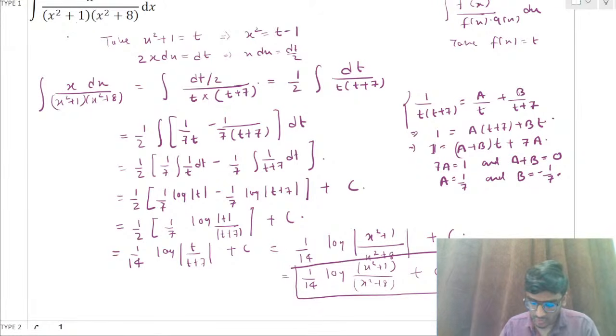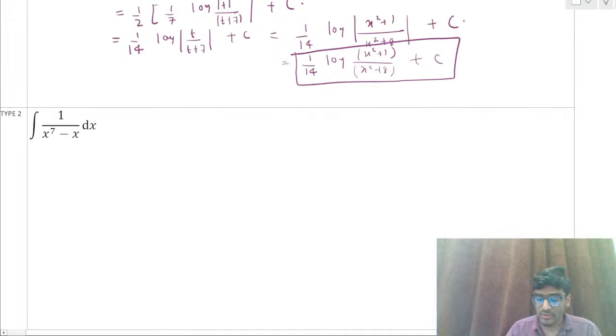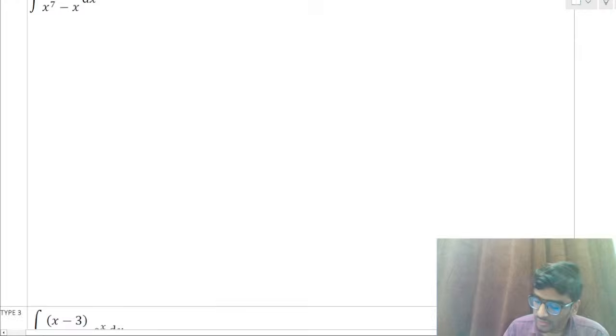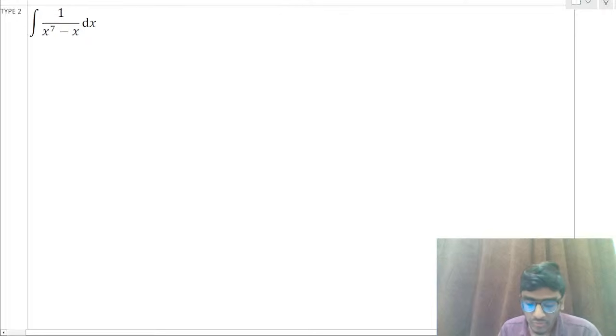Okay. So, what is the second type of question? Look here, this second type, or we can say second question: the integration of 1 upon x raised to the power 7 minus x dx. Look here, whenever you encounter this type of integral, 1 upon